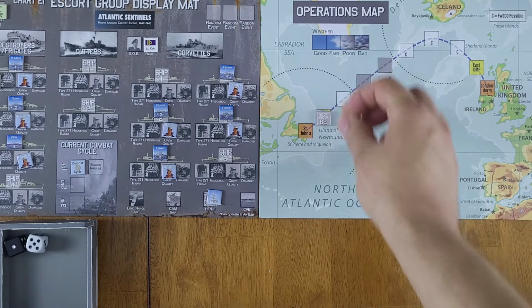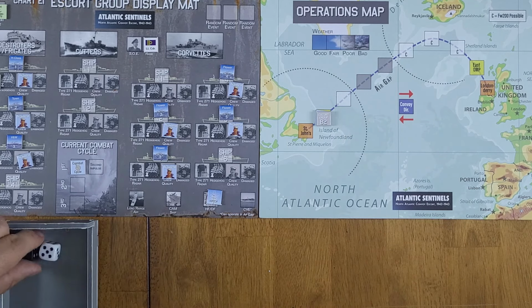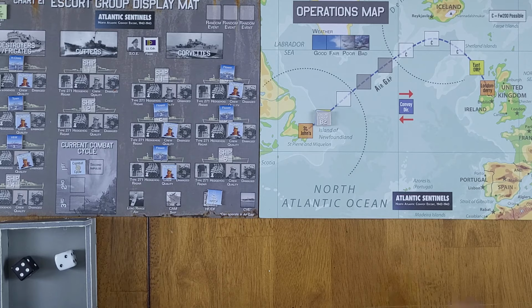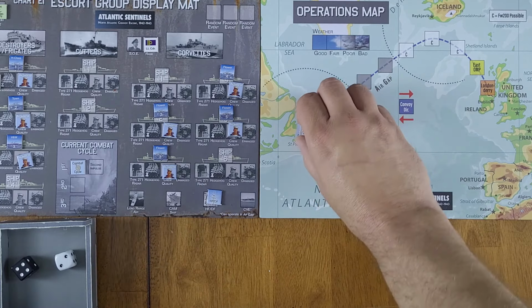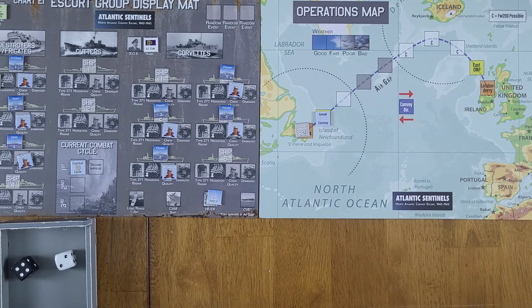We're at our ocean meeting point, and that means I believe that we're good. I'll roll one more just in case. There's another 6, which is again nothing, and we have arrived at St. John's. So that completes this mission. We did make it through